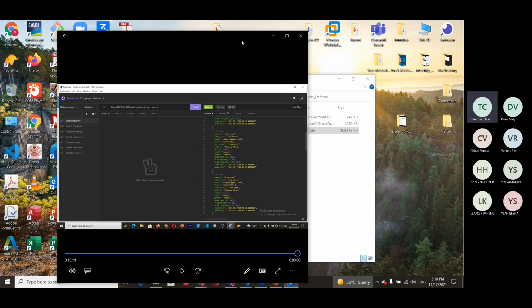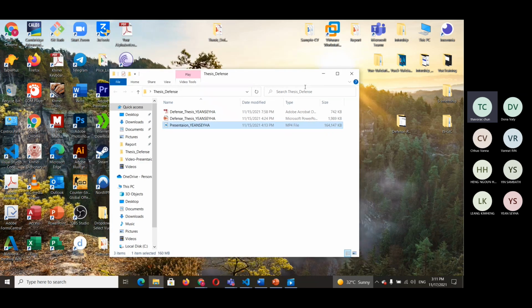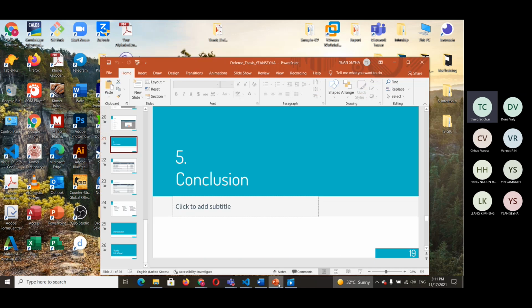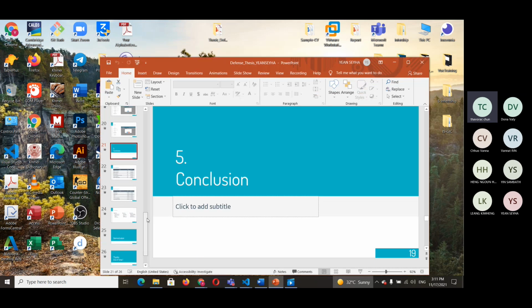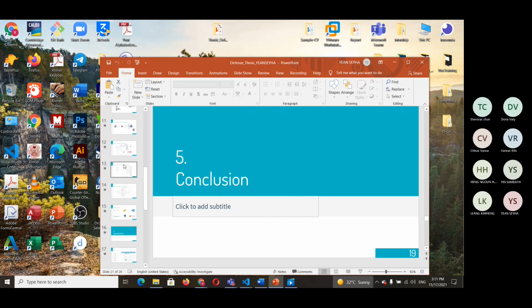Okay, and I see you have a web server. Is it built in Lumen, or did you make it yourself? What? Our server, teacher, right?